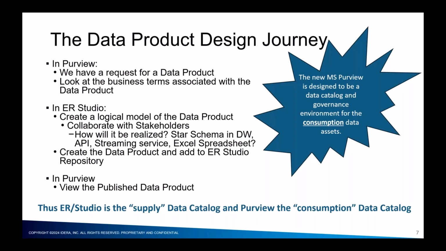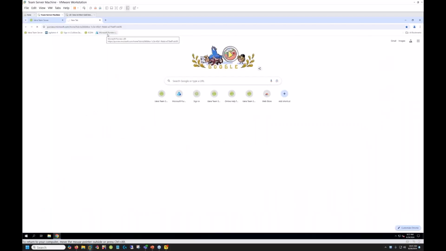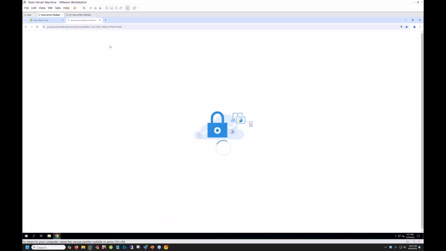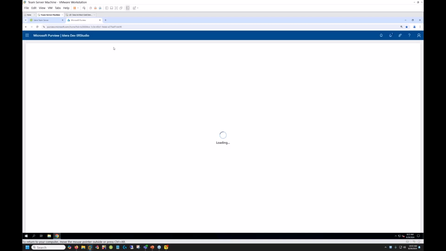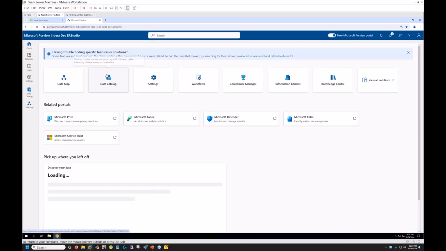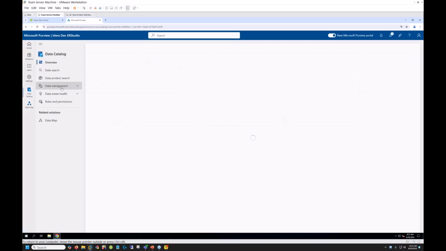It's all about their data mesh product story, and it's really nice for Studio because we fit very, very neatly in there, because Studio then becomes the supply side data catalog. So it's been requested of us to go ahead and create a data product. So let's jump in there, and wait for Purview to get back to us. All right. So in our data catalog, under data management, under data products,